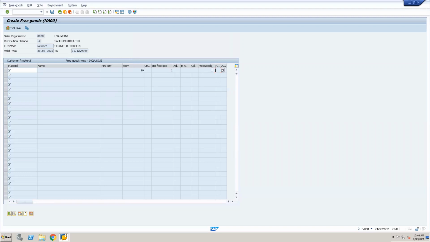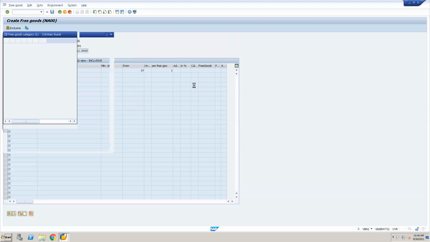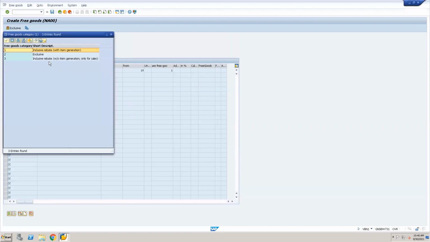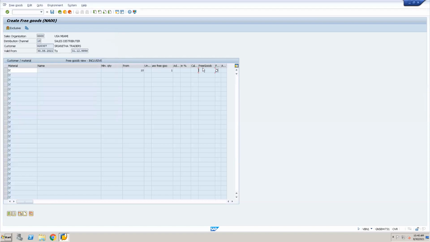Whereas here for free goods, it is inclusive or exclusive; exclusive is what we will be using. The next thing is calculation. Calculation is a custom routine. SAP has provided 1, 2, 3, but it's a custom routine, meaning a requirement.